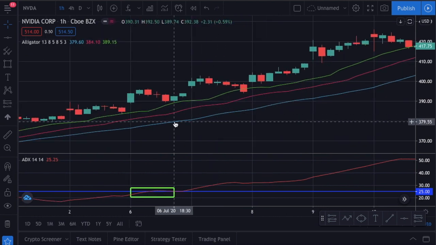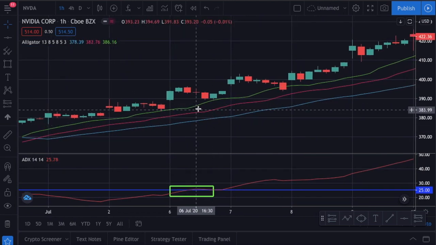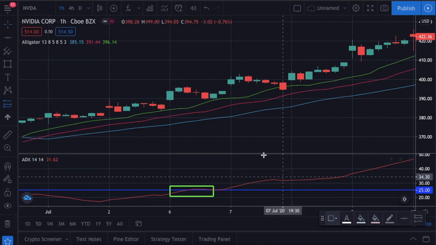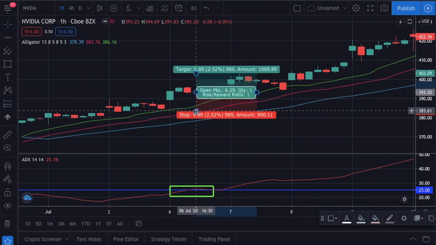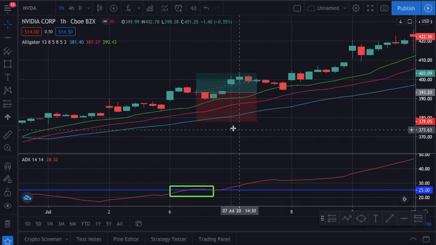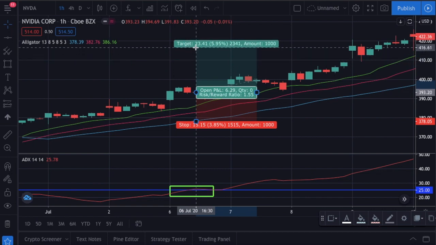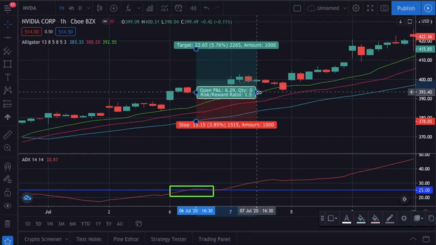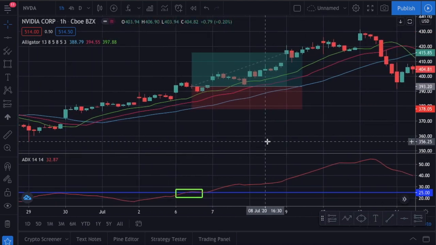Here you can see that ADX passed the 25 level on this candle. It is 25.78. It is the right candle to open a position. It is a small candle, so we will open our position here. Like I told you, I will put the stop loss just below the blue line. And the risk-reward ratio must be 1.5, so I will slide my take-profit target higher. I will try to make 1.5 times more than I risk. As you see, this trade was a winner.